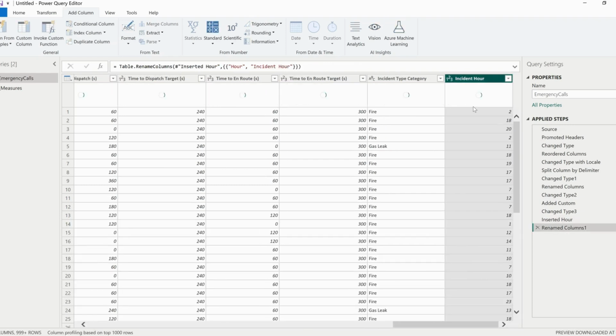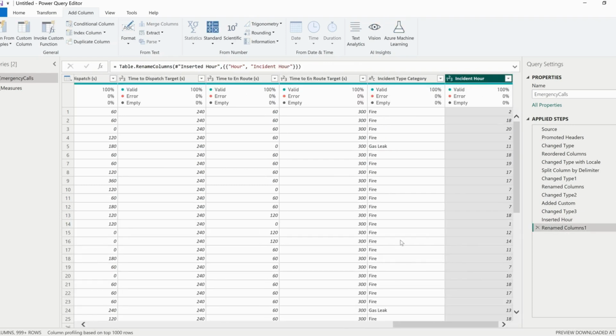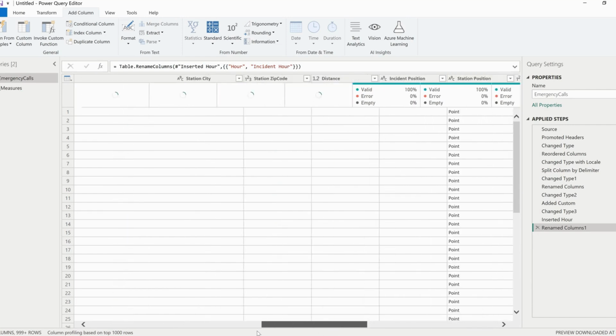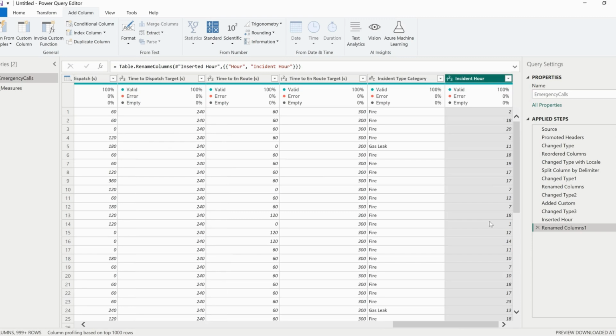Incident hour. Okay, so we have this ready now. Now I'm going to bring my measure to create an additional column that will group it for me. So this is going to be incident hour group. So let's go to add. We go to,